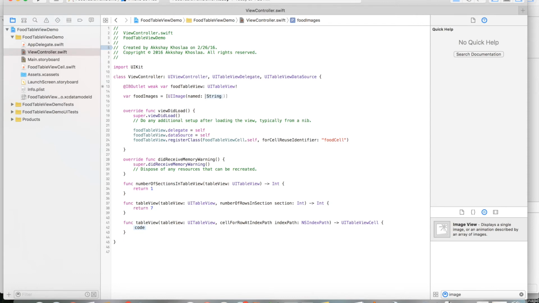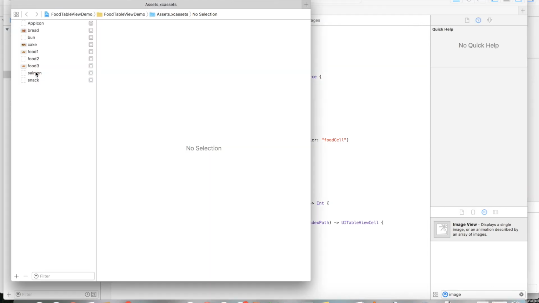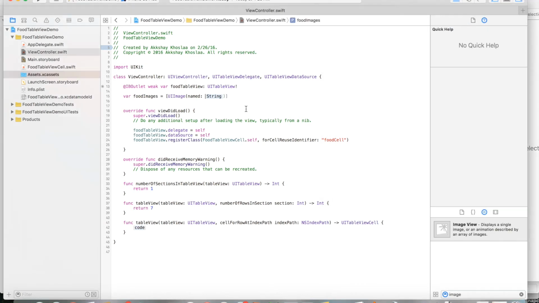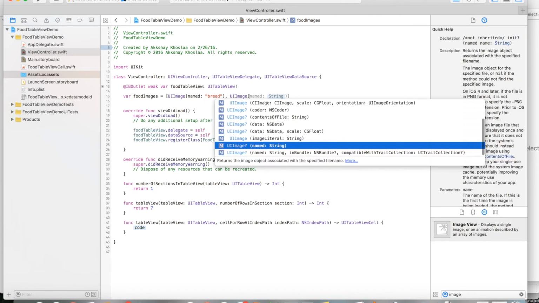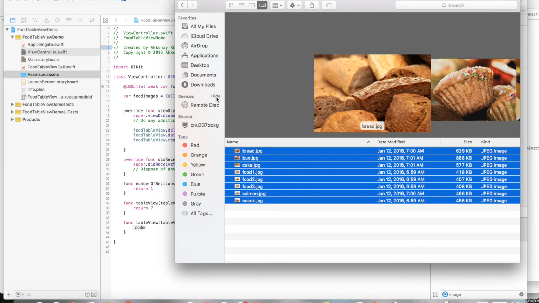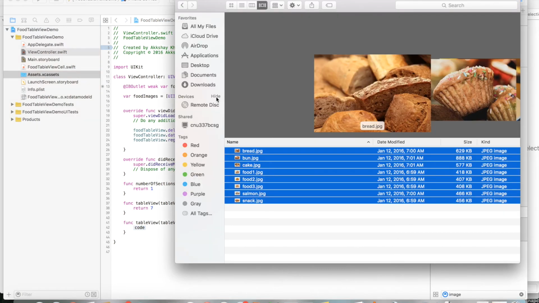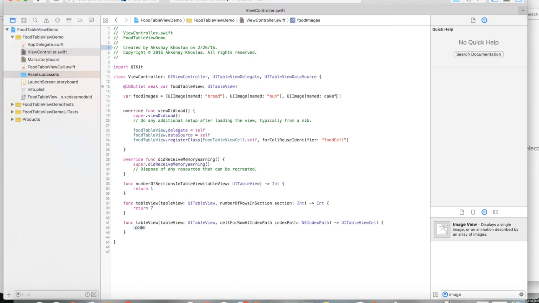Alright, so for the first one, and I'm just going to open this up in another window so I can swap easily, but we basically want bread, bun, and cake, right? So for the first one it'll be bread. That's the name of the image file in our Assets.xcassets. Then we want another one that's going to be bun, and then another one that's going to say cake,